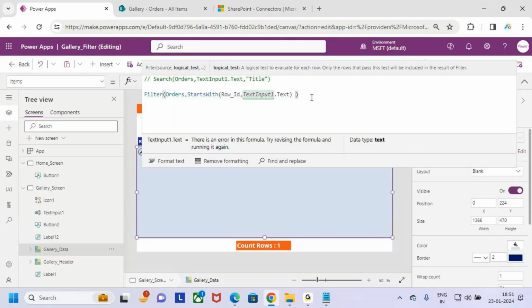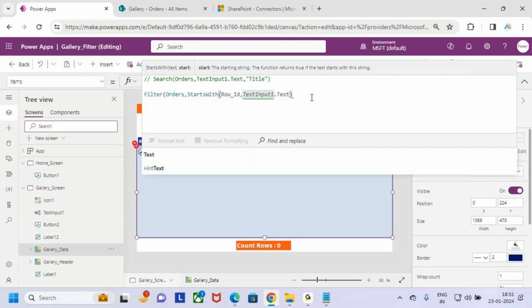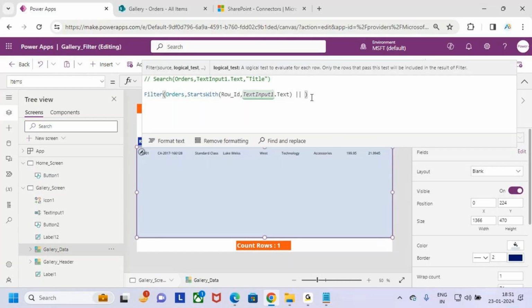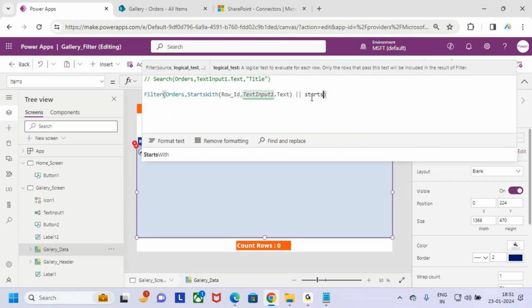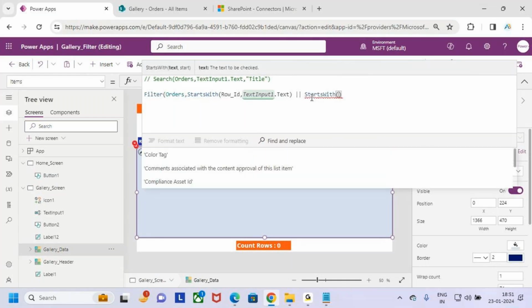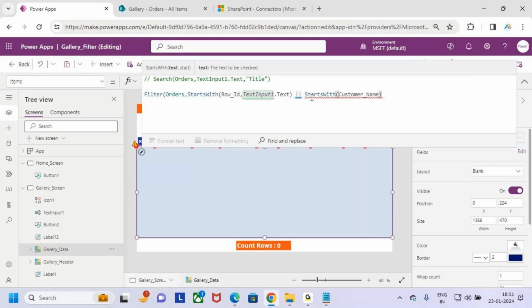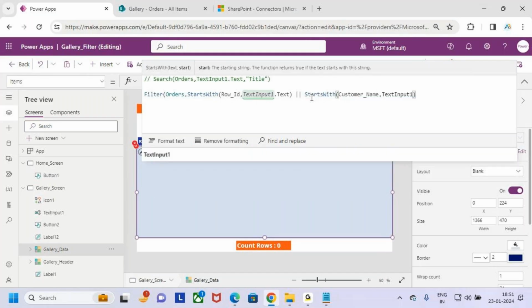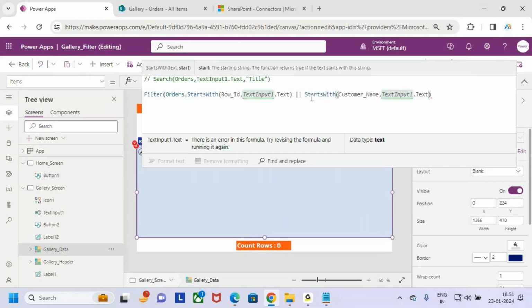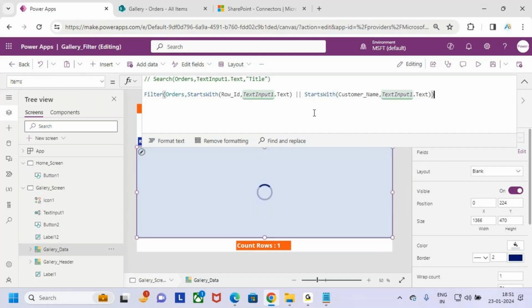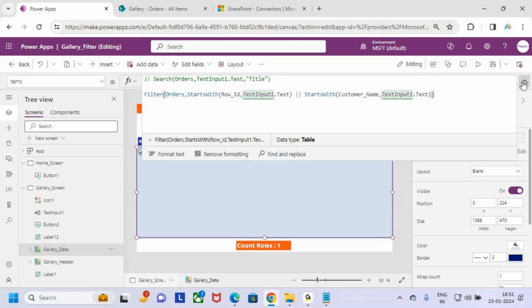Just go and use the or operator here, and then again go and use the starts with function. Starts with, I want to search the database on which column? Customer name column. Customer name comma, whatever the input value, I'm going to enter this text input dot txt. Now close it. Now just save the app